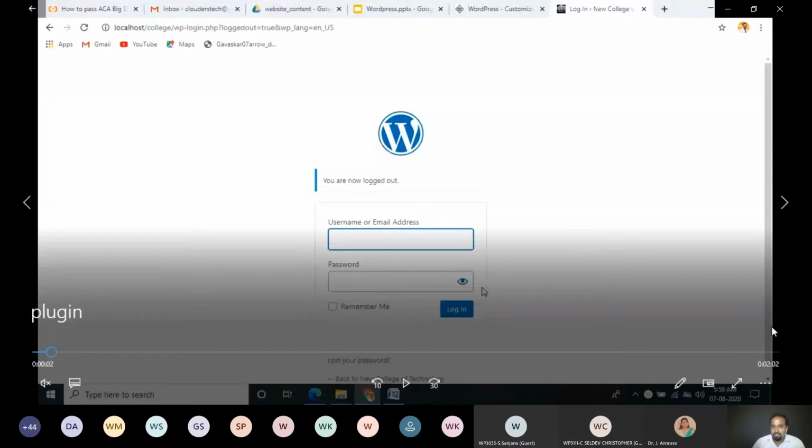Now all of you see this web page. You see WordPress is there. There is no image, no background image in this particular page. Now, using a plugin, what I am going to do is add one background image in this page. So, as admin,